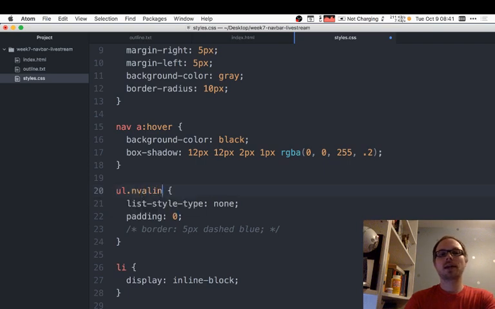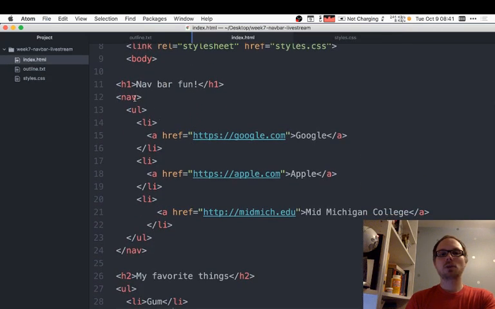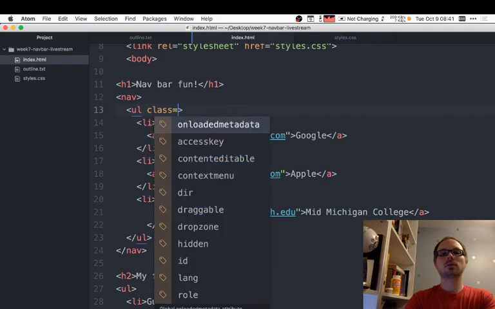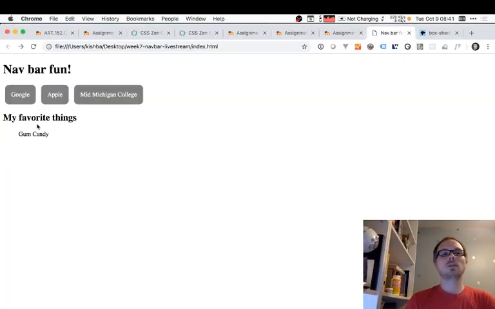Or let's call them nav links. So I can add this .nav-links, and then this becomes a class selector. So what I need to do is make sure that in my HTML, I actually put a class on my UL called navlinks. So when I refresh the page, you'll see that